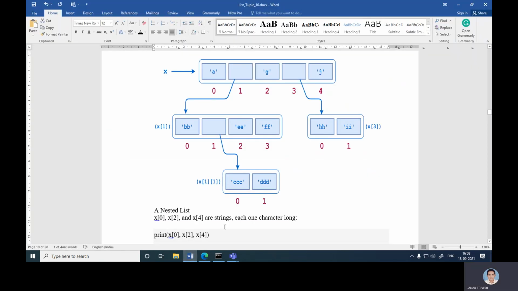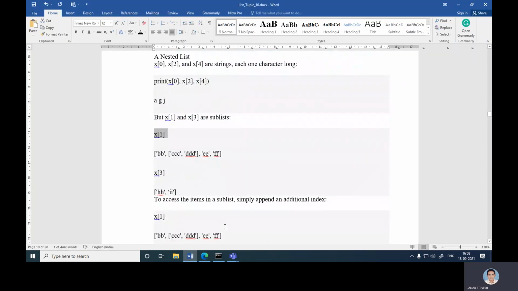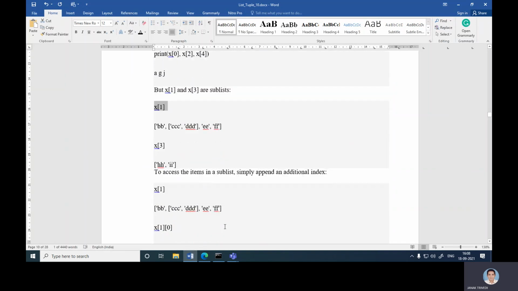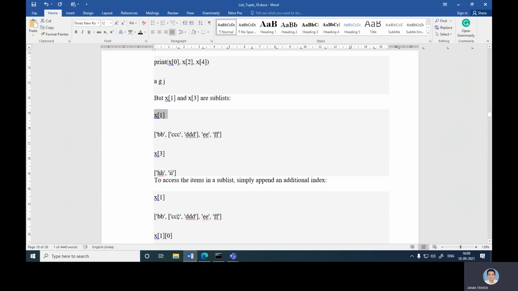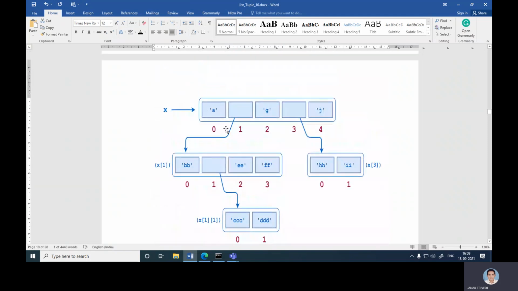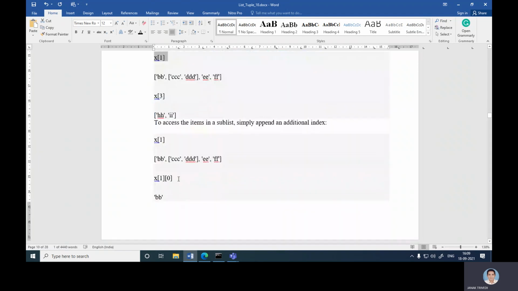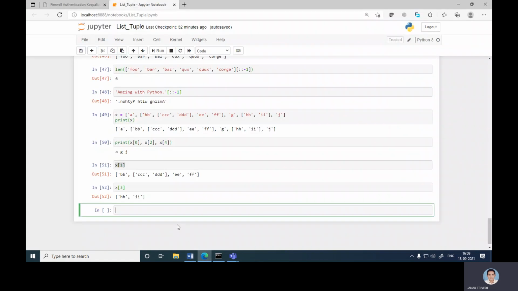HH, II. Okay. To access the items in a sublist, simply append an additional index. Like x of 1, okay, x of 1, 0. So x of 1 and 0, so it is BB. Okay, so x of 1, 0 is BB.